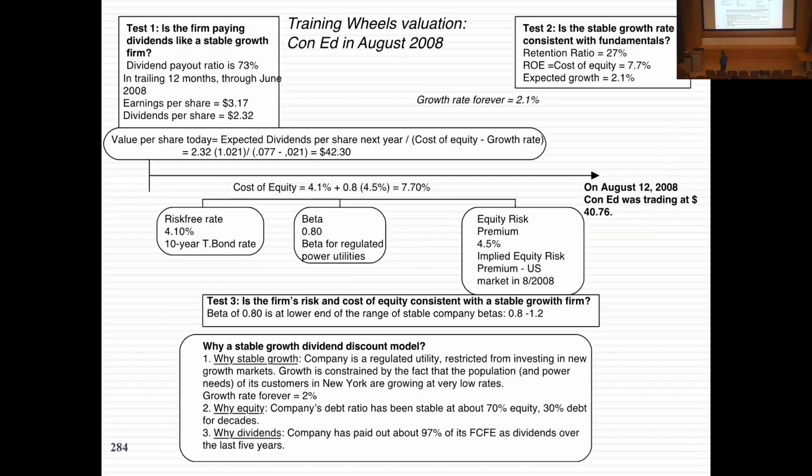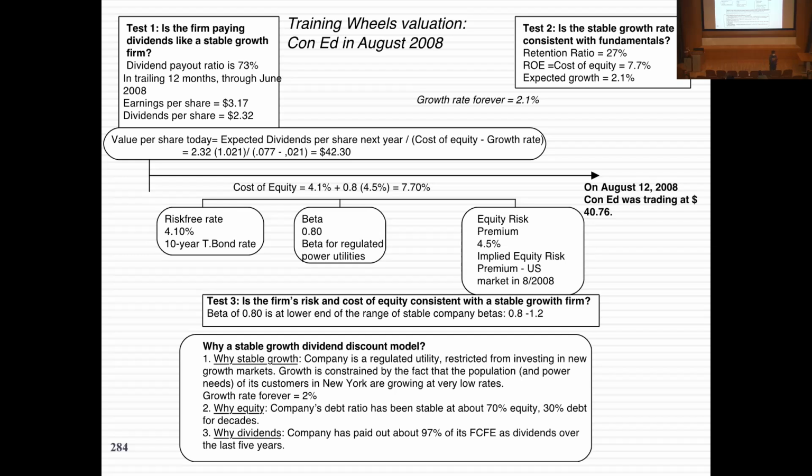So the company I'm going to value is Con Ed. What is Con Ed? It's the utility that delivers power in this room. It's the electric utility that serves New York City and the environment. In the US, for the most part, power companies are regulated. Regulated in what sense? They're regulated monopolies. Now, if you are in New York, you can buy power only from Con Ed. I mean, in a few parts of the country that's starting to open up, but it's a regulated monopoly.